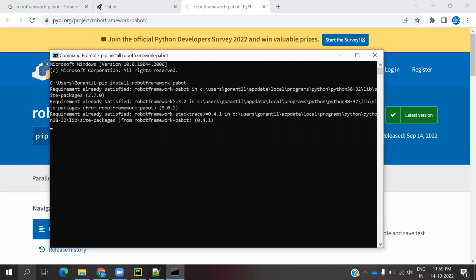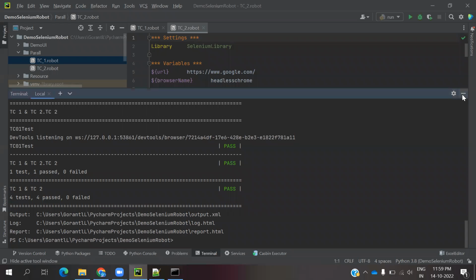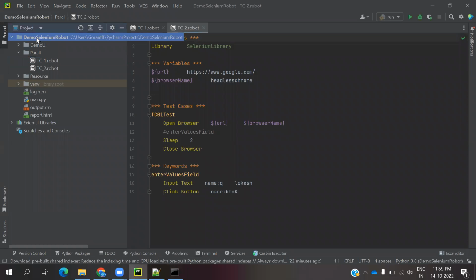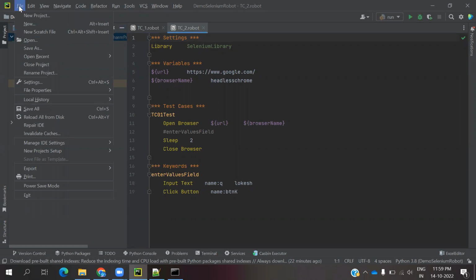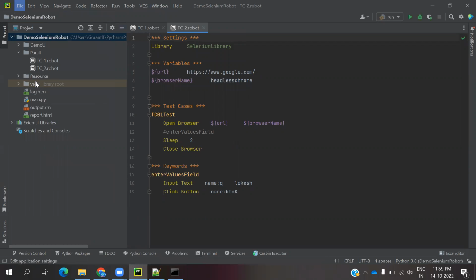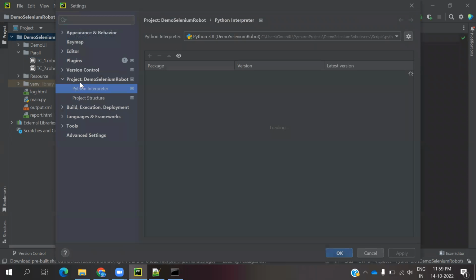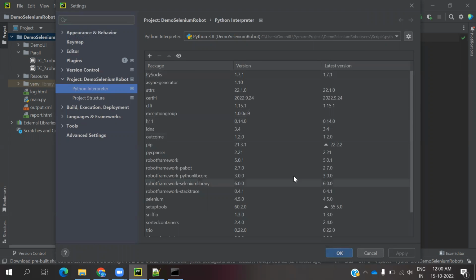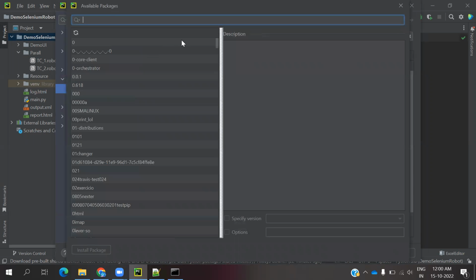Okay, after completion of that particular command, you can come to PyCharm, then click on File, then Settings. In PyCharm, there is File and Settings. Click on Settings and Project name, and if you expand that one, Python Interpreter will be displayed, and there is another text box with a plus symbol. Click on the plus symbol, then go here and enter